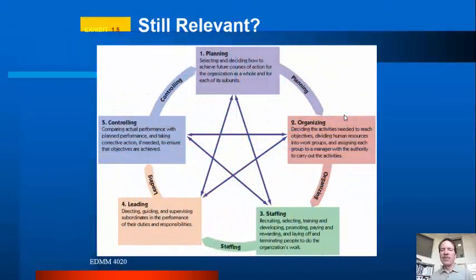So I ask, is it still relevant? I believe so, but in many of the ways that we practice management, it's not so sequential, not so